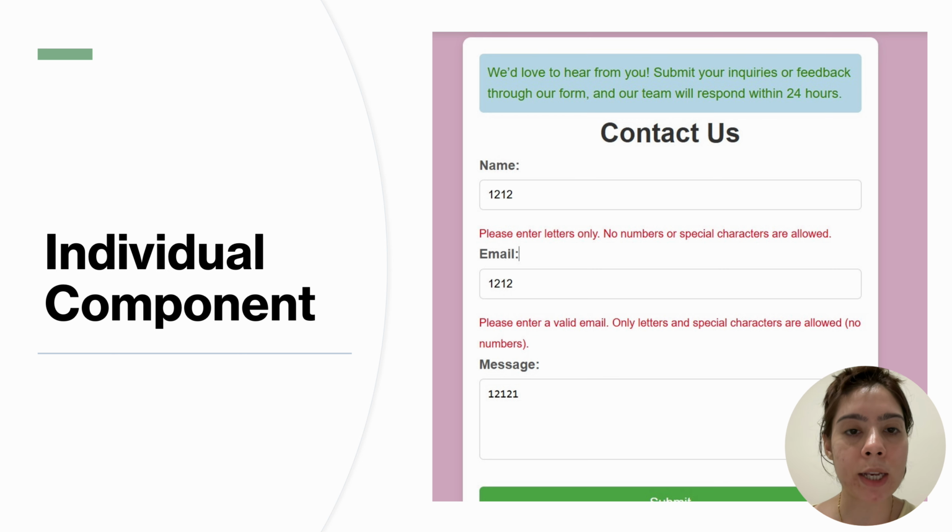That means the validation of each and every field, that is name, email, and message. For instance, each and every field should have a relevant and precise message. Otherwise it would pop up an error message like "please enter letters only, no numbers or special characters are allowed." As my task was to validate these fields, I've done that through GitHub by doing the proper coding,